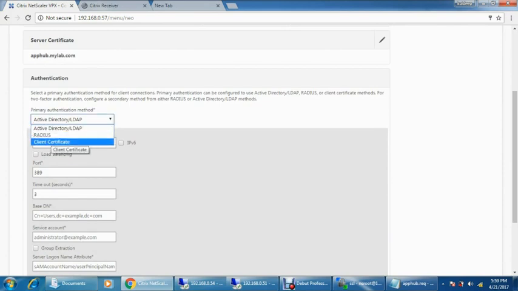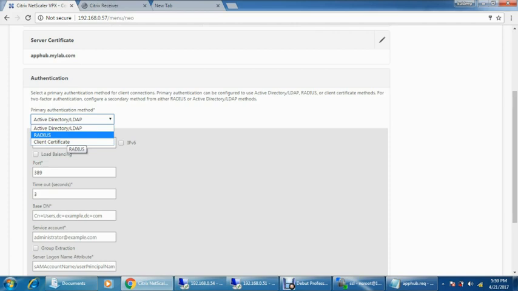Now we have the option to choose the dual authentication or the single authentication, but in my lab I'm using the single authentication because I don't have the option for radius. But in case we are using this dual authentication, we can use the radius on top priority and then